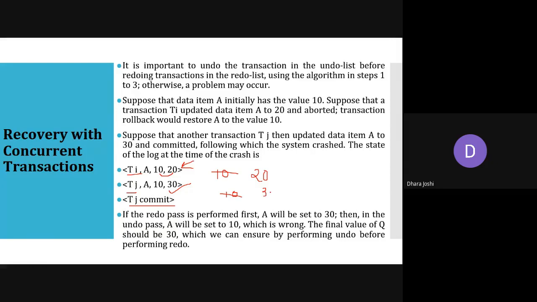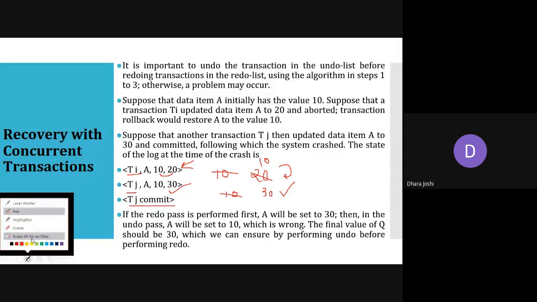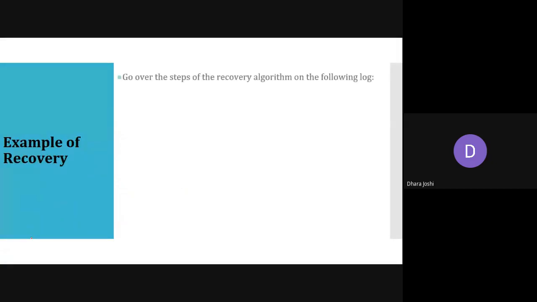This is from TJ. So TJ's value should be valid because it is committed, successfully completed, but this needs to be undone. That means this 20 value will be undone to the 10 value. So it should be proper in nature. The committed transaction should be reflected into the database.